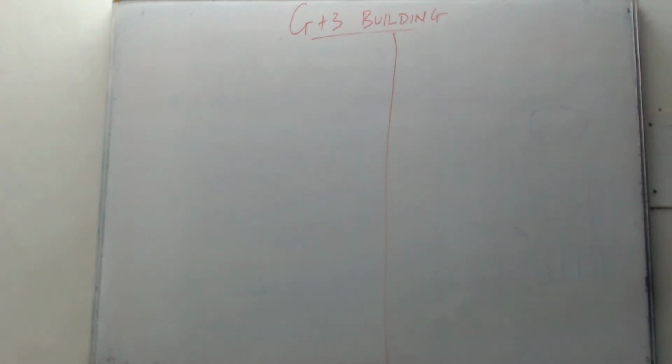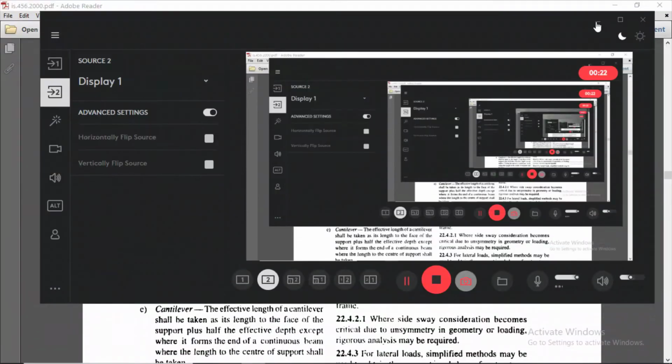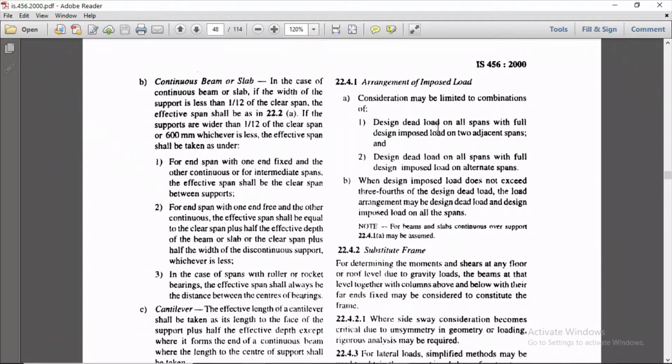So in the previous lecture we have seen how to calculate dead load and live load on a beam, right? So today we are going to discuss one of the important clauses of IS 456-2000. So let me share the code with you. As you can see on your screen, this is clause number 22.4.1, which is on page number 35,